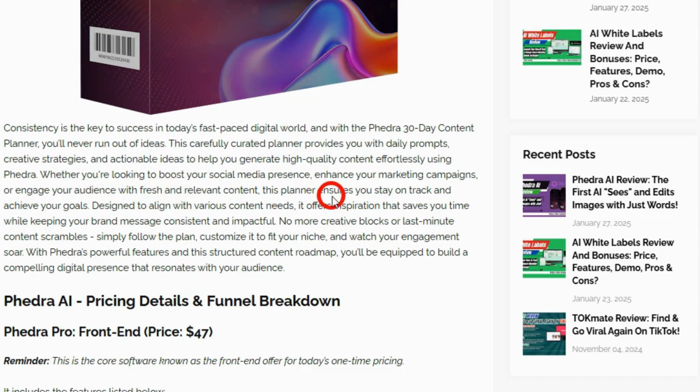Whether you're looking to boost your social media presence, enhance your marketing campaigns, or engage your audience with fresh and relevant content, this planner ensures you stay on track and achieve your goals. Designed to align with various content needs, it offers inspiration that saves you time while keeping your brand message consistent and impactful. No more creative blocks or last-minute content scrambles. Simply follow the plan, customize it to fit your niche, and watch your engagement soar. With Phedra's powerful features and this structured content roadmap, you'll be equipped to build a compelling digital presence that resonates